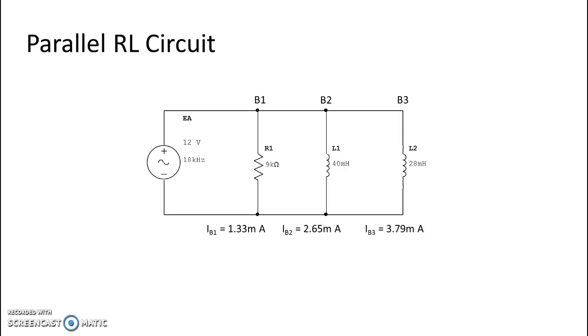Alright, in our last video, we looked at parallel RL circuit calculations. In this video, we are going to look at changes in frequency and how the circuit is affected. So, for this one, we are going to change our incoming frequency from 18 kHz to 40 kHz, which is an increase. Now, with that increase in frequency, we know that our two inductors, L1 and L2, their ohmic values